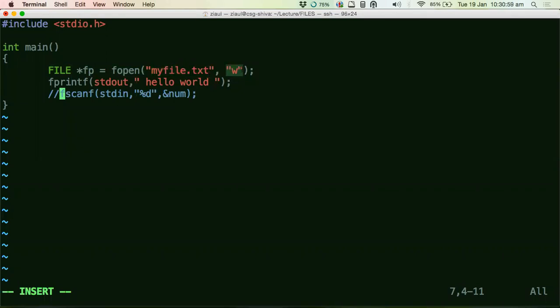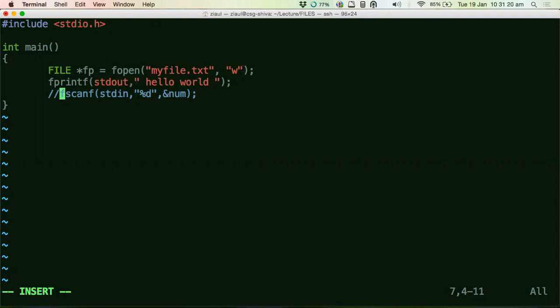What does this say here? This W says, what is it that you want to do with this file? So this is called a mode. This is the mode of the file, as in what do you want this file to do? Do you want to write to the file? Do you want to read from the file?